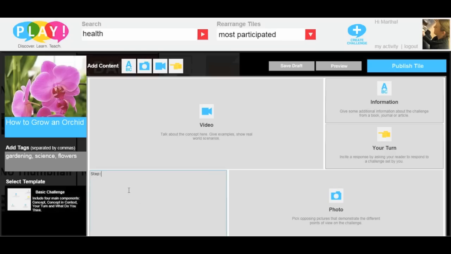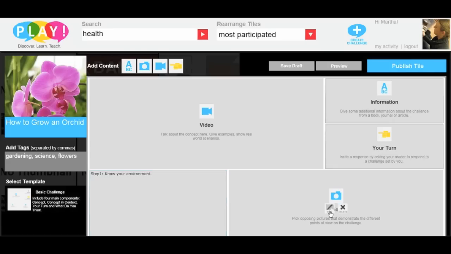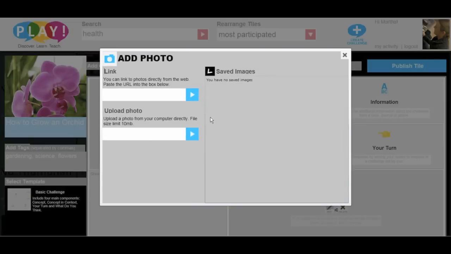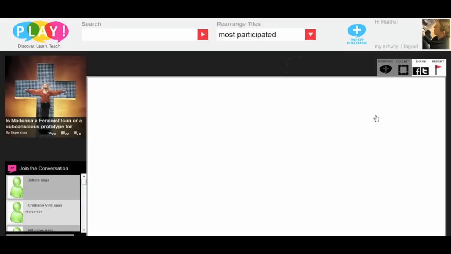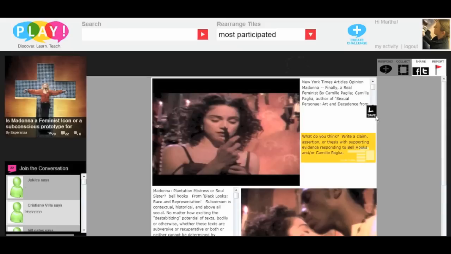You can add text. You can add an image. So you can load an image from your desktop, whether it's image or video. Something like this would pull up, so you could pull a link. You could do an embed code. And you see the saved videos or the saved images? Those are all saved from other challenges. So I can actually take parts from someone else's challenge and save it and put it into my photo file. So this is the front end of what a challenge that was built looked like based on the template.